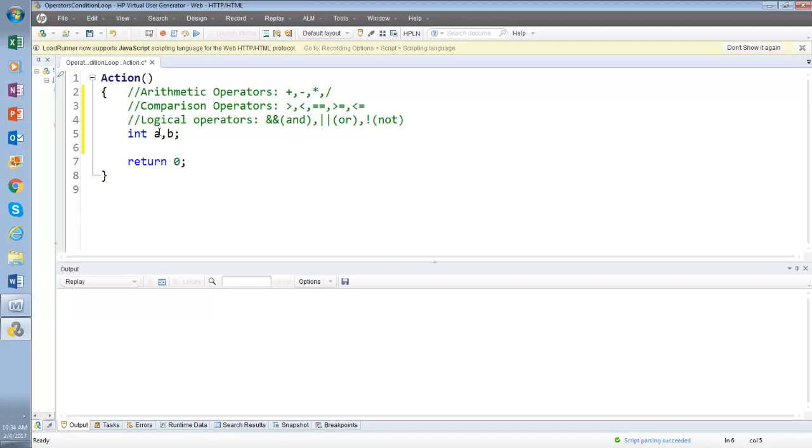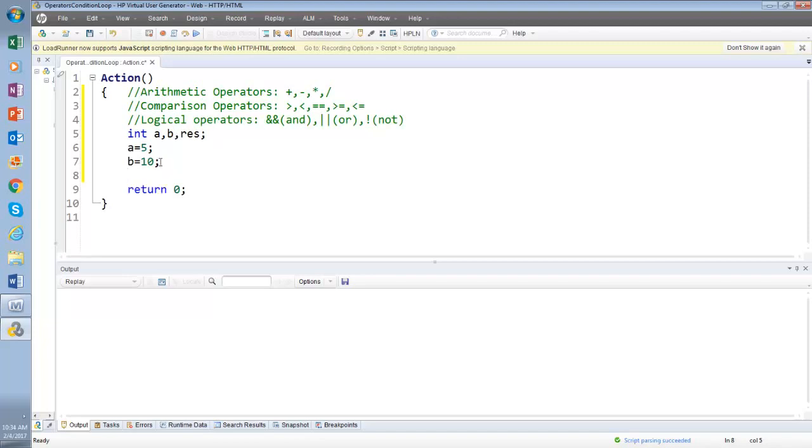Okay. Now let's say I want to put a equal to 5, and then b equal to 10, and let's say I want another variable, result.